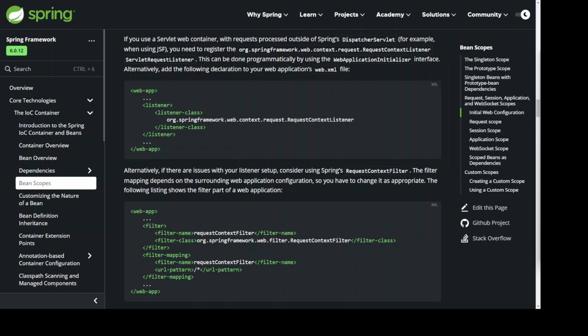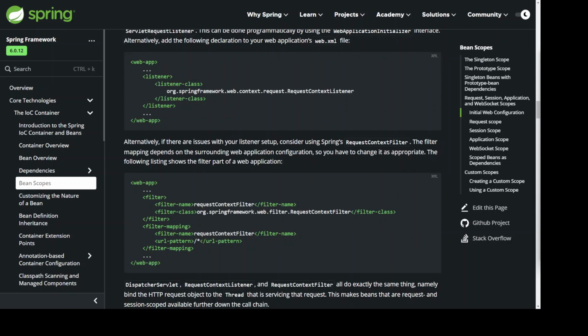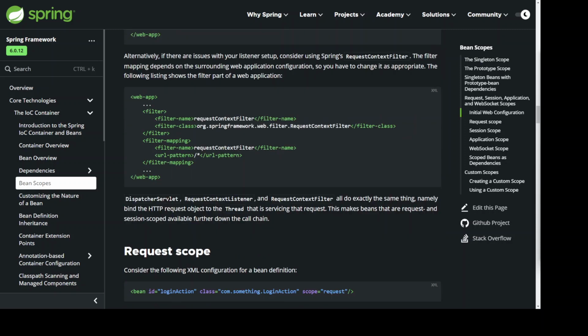Alternatively, if there are issues with your listener setup, consider using Spring's RequestContextFilter. The filter mapping depends on the surrounding web application configuration, so you have to change it as appropriate. The following listing shows the filter part of a web application. web-app, filter, filter-name, requestContextFilter, /filter-name, filter-class, org.springframework.web.filter.RequestContextFilter, /filter-class, /filter, filter-mapping, filter-name, requestContextFilter, /filter-name, url-pattern, /*, /url-pattern, /filter-mapping,